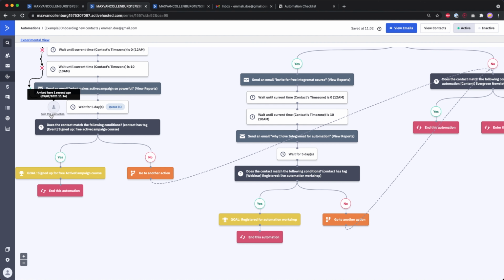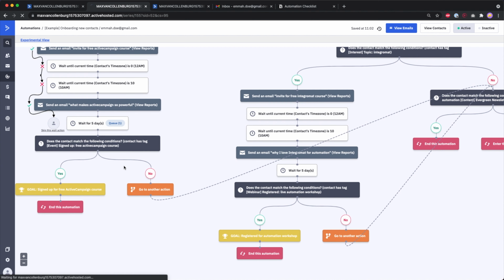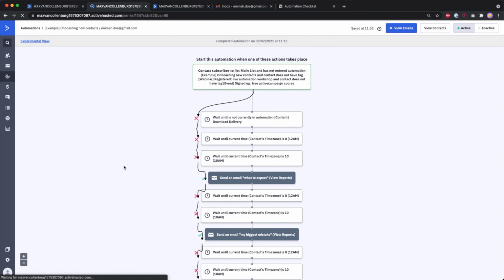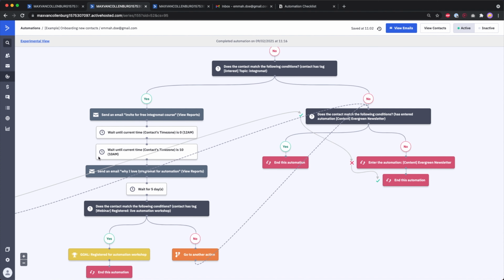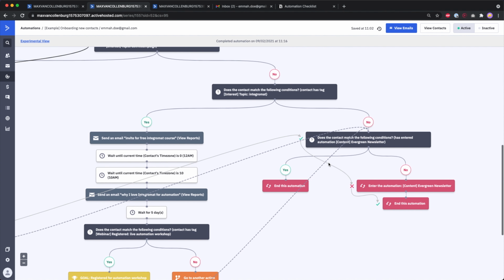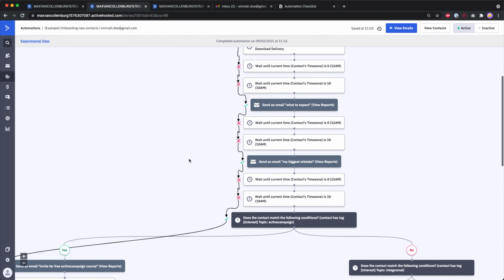So then here we skip this wait action, then for some reason it's stuck, so I'll just quickly refresh the page, then we can see what happened. Okay, and then you see now that it continued, and then the condition here was not a match, so it will follow the no path. It will go to another action, then it went over here, it checked if it has not entered the automation evergreen newsletter. In this case, no, so then it entered the automation evergreen newsletter. In this case, you see over here that this action was skipped because I know that this automation is disabled. So if you see this over here, this little X, then you're like, oh, okay, hey, why did it skip that action, right? So then you would have to look at that, and then it ended this automation, and then we basically tested if everything is working.